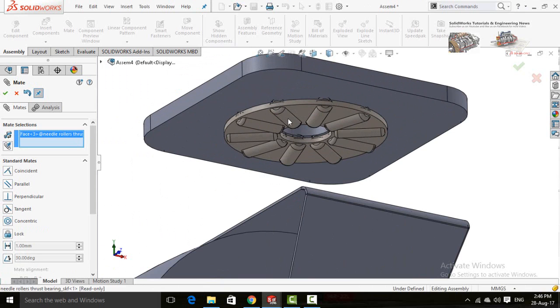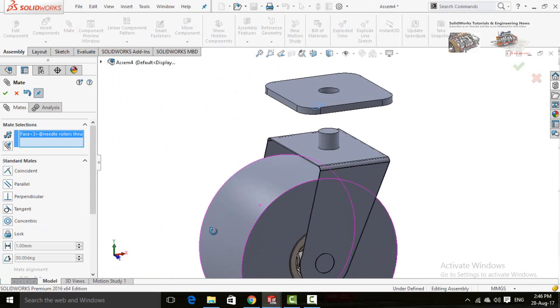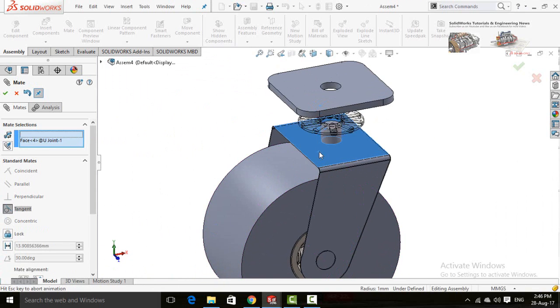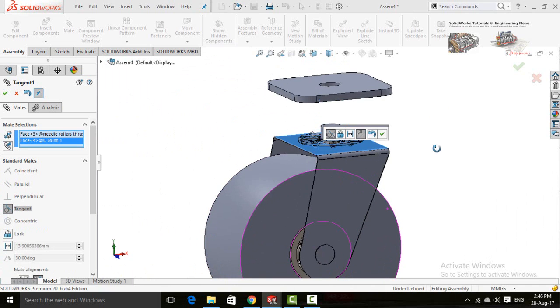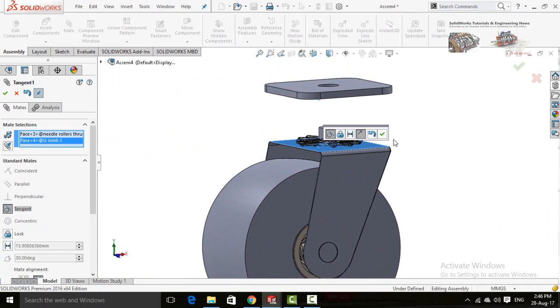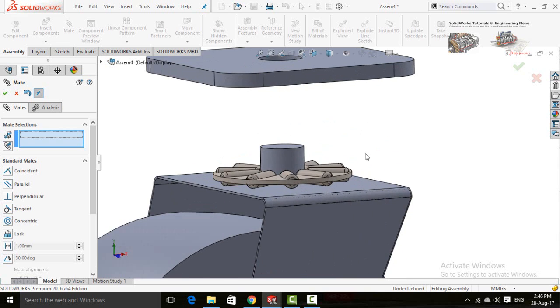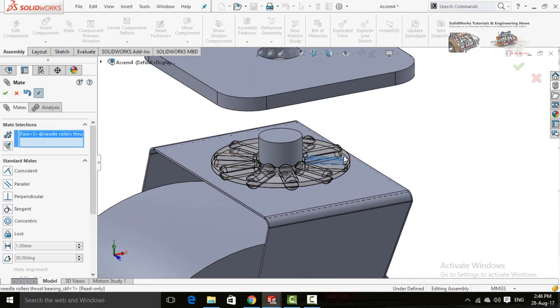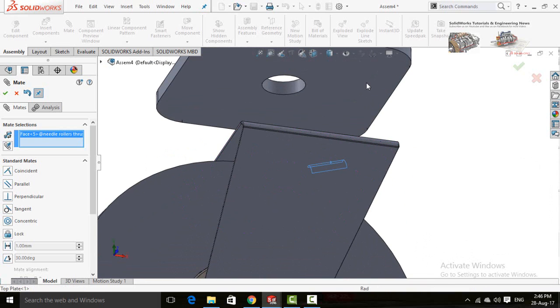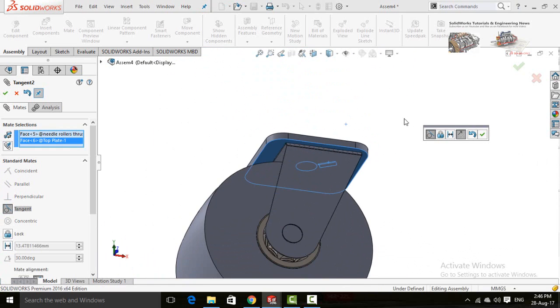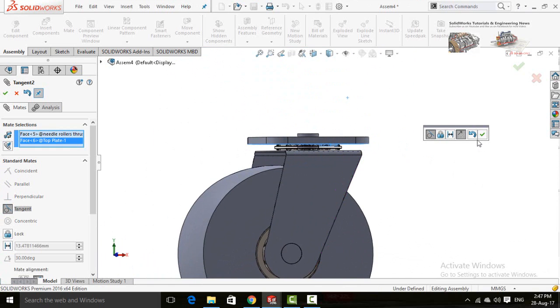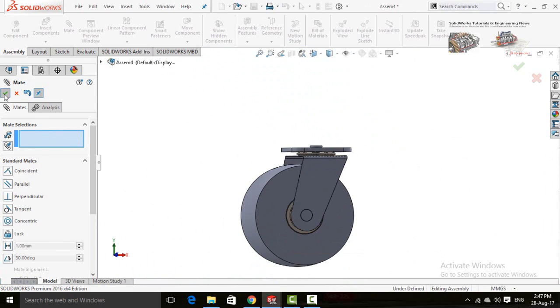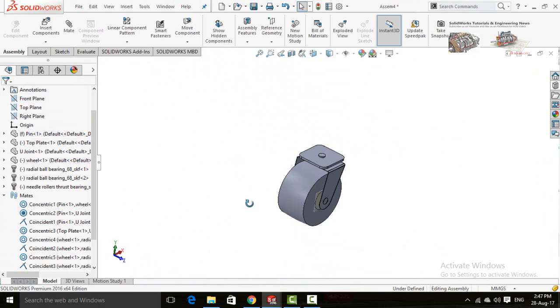Now click on the roller and then on this face, press OK button. Again click on the roller and this face, press OK button. Now again press OK button. So our universal wheel has been ready.